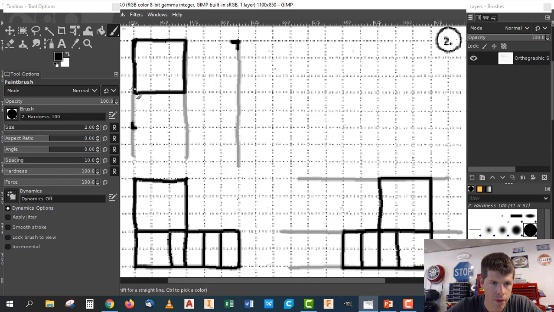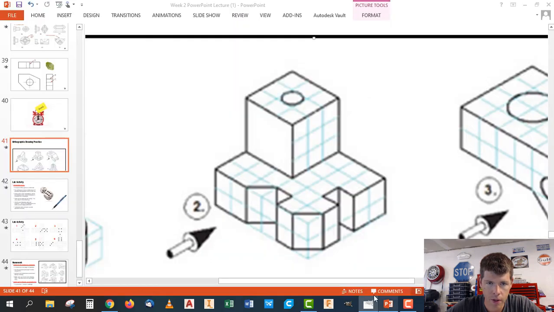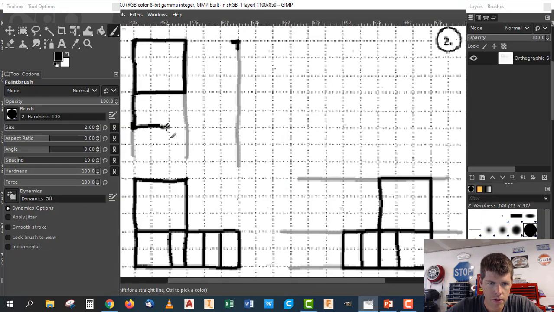Okay, then the side of the part comes down to here. I'm going to go over 2 units. And now we're basically right here. So I'm going to go up 1 over 1. So up 1 and over 1 to right here. So I've got an angled line that goes through the middle of this. And I'm going to go over 1 box and then back down. And then kind of tracing out that other notch, I'm going to go over 1 and then to this corner right here, like that. Now I'm going to go up 1,